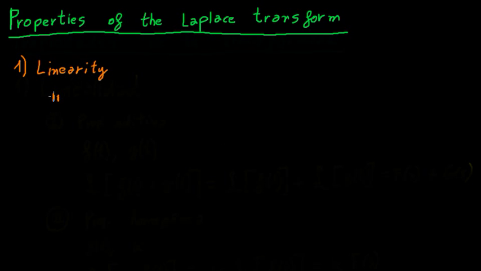The first one is called additivity. Also, this is called the superposition principle. And this principle states that if we have two separate functions of time, or two functions of t, for us